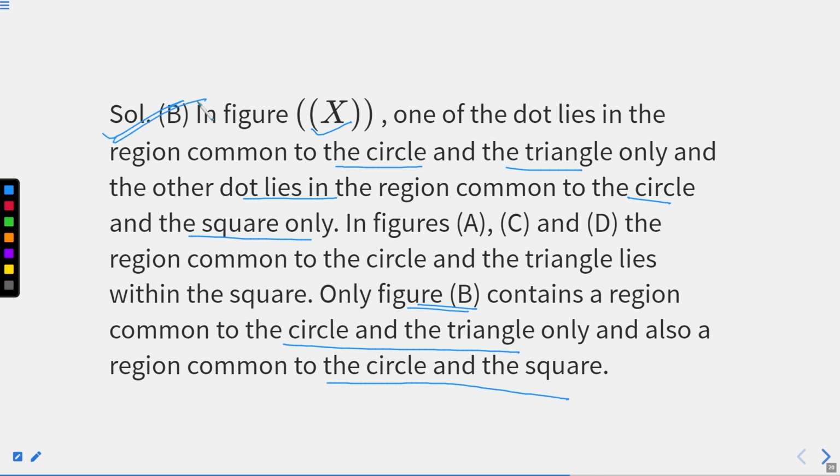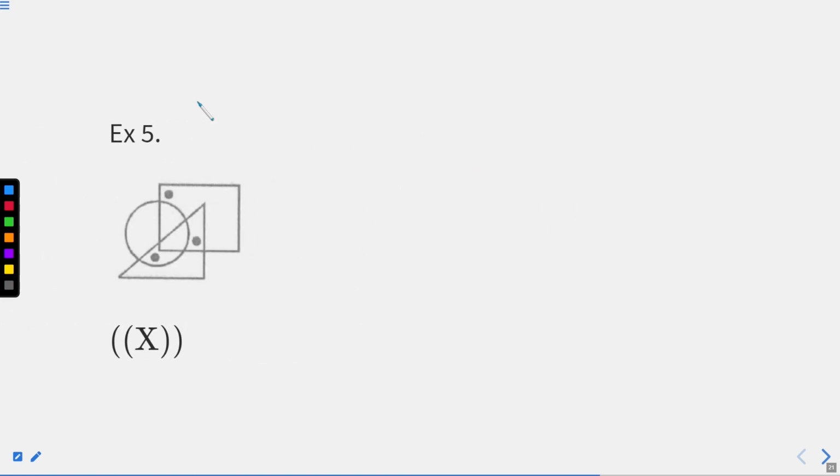I hope you didn't find any problem in answering all 4 questions, right? I'll not take much time for this chapter. So, I'll directly move to the next question in which we have 3 dots now, right? So, again, how will we proceed with this part? We'll mark it as dot 1, dot 2 and dot 3. This time I'll tell you a different approach as well. For dot 1, directly look. Dot 1 is present in how many figures? Only in square, right?